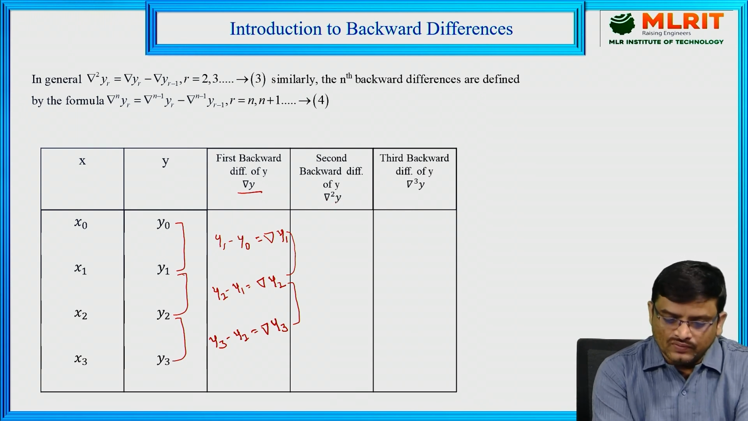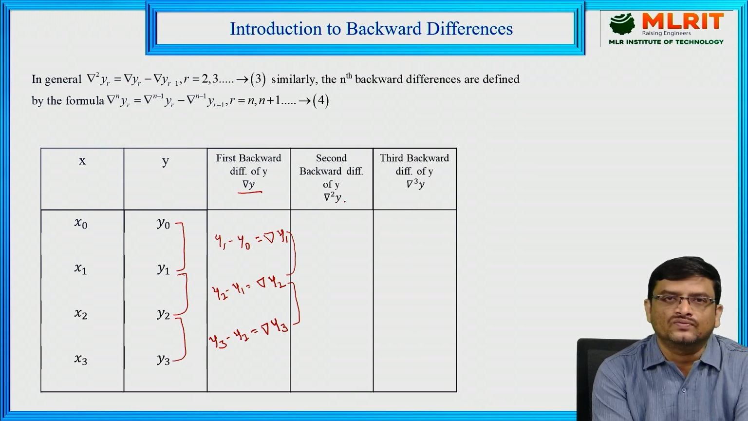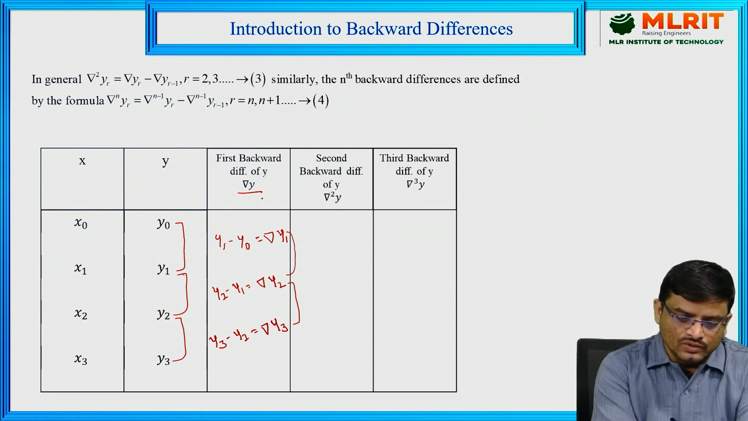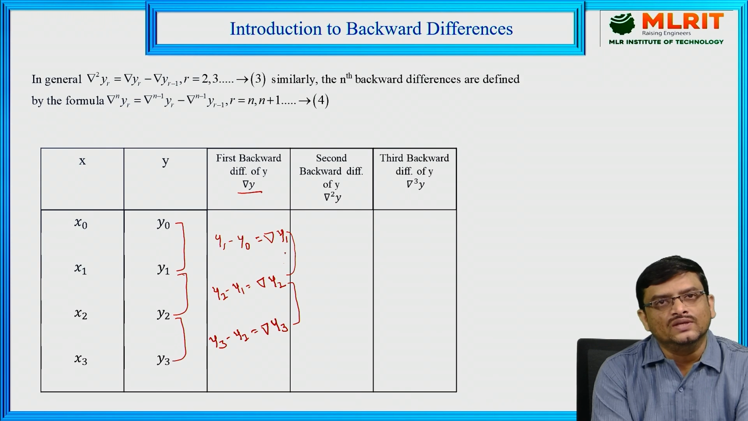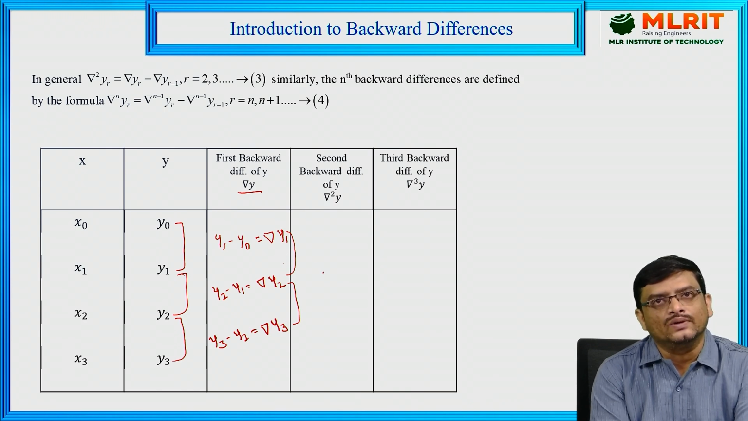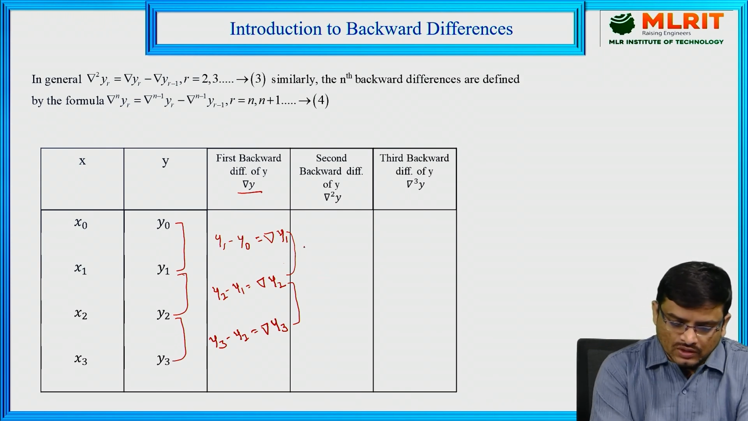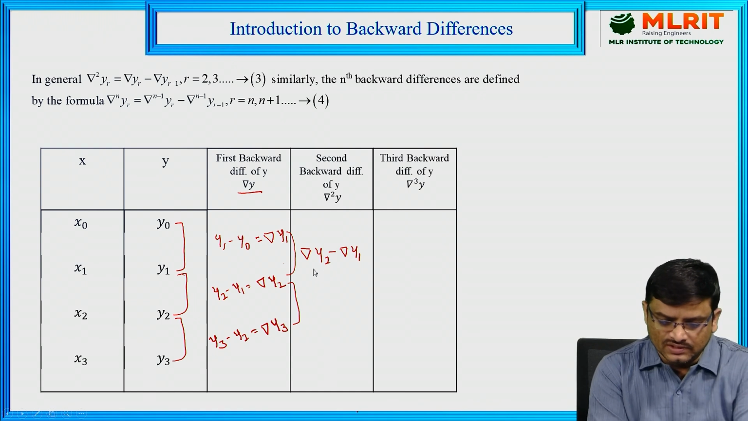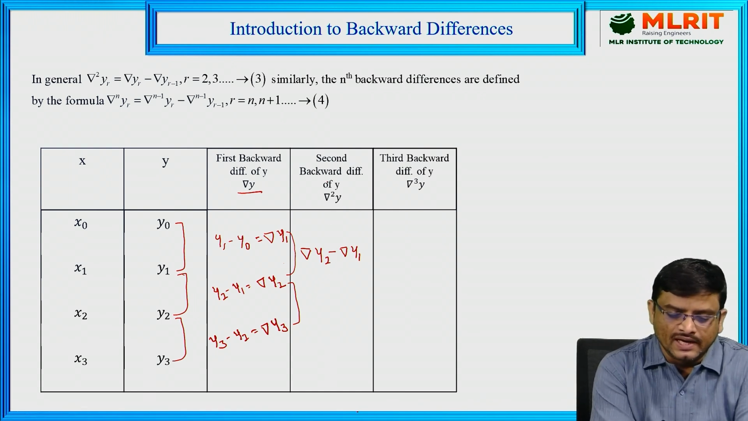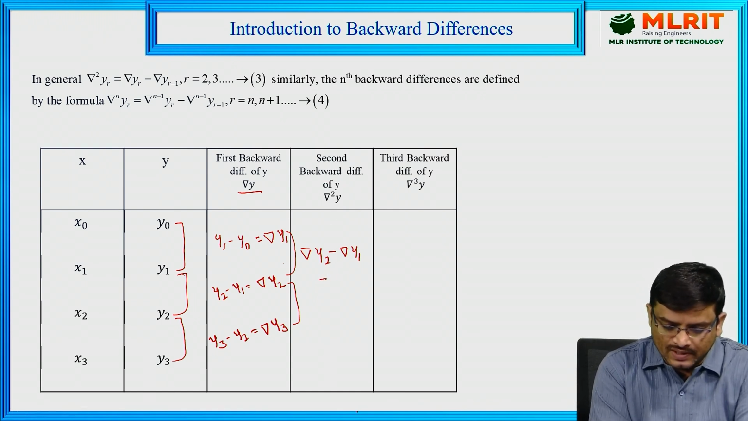So if you want to find out the second backward differences of this y, whatever values we got in the first backward differences, once again you find the difference of these values, and we will get our second backward differences here. So now del y2 minus del y1. If you find the differences of this, we will get our second backward differences